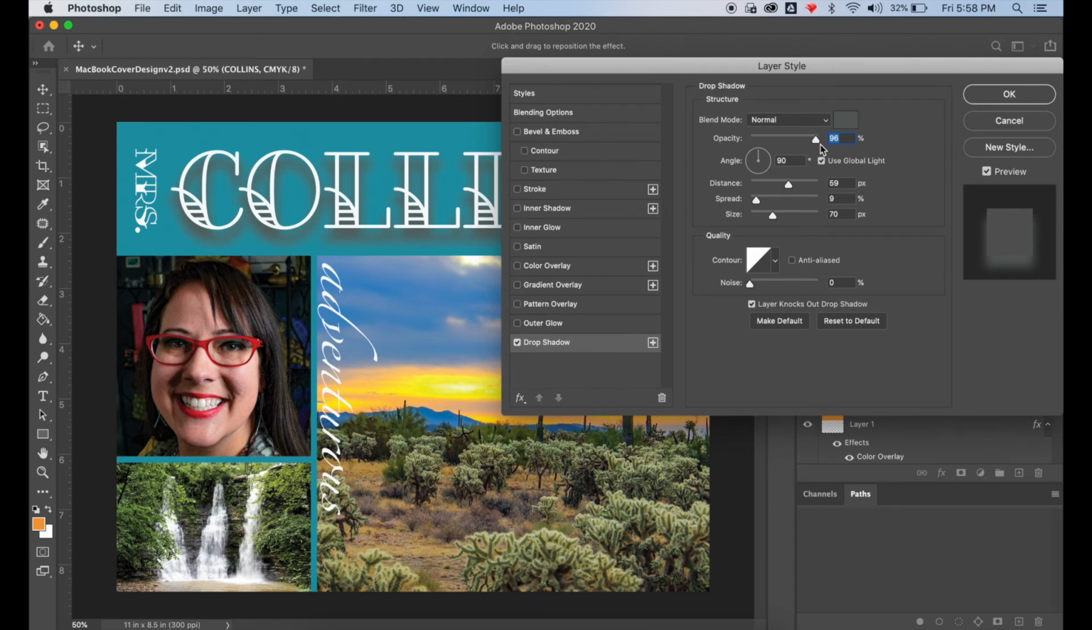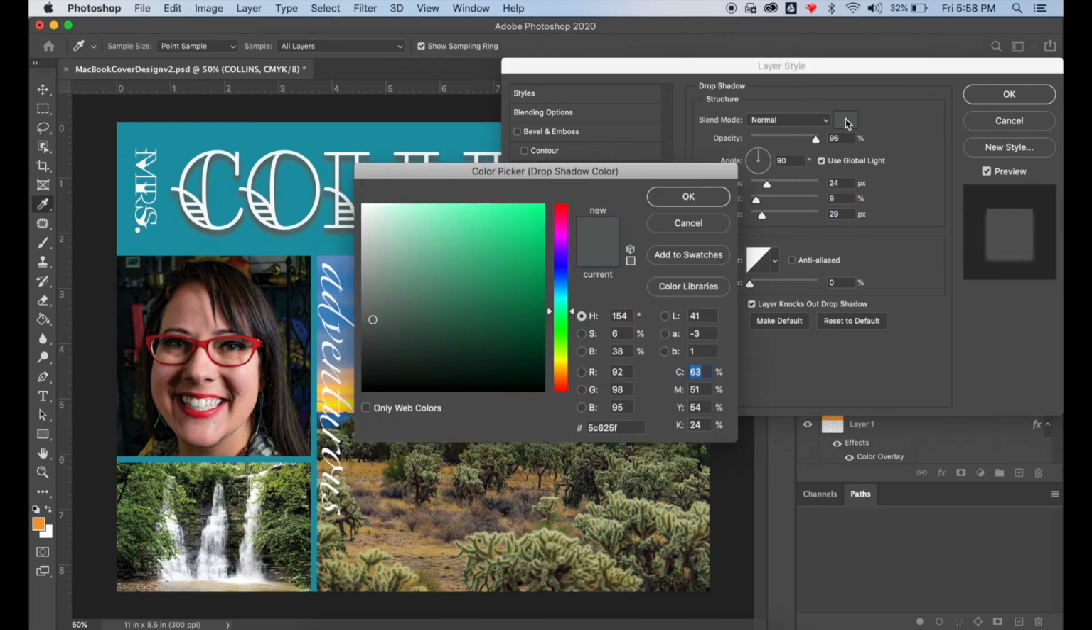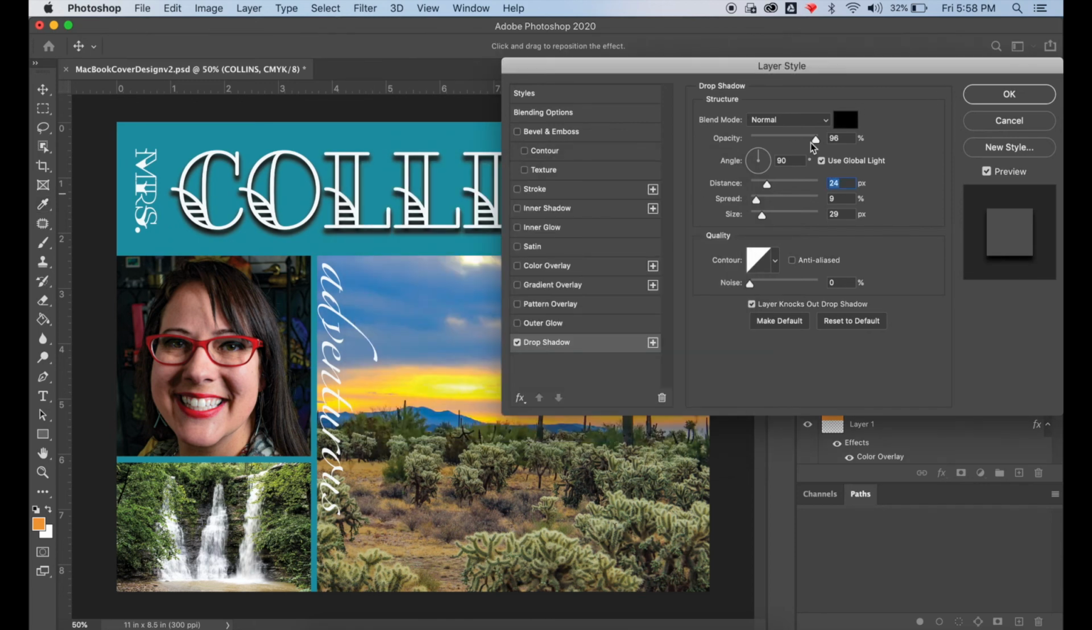So when you add a drop shadow to text, you can change the direction, the color, the distance. You have the ability to change everything about the drop shadow. So I worked with my drop shadow a little bit, and when I got it how I liked it,